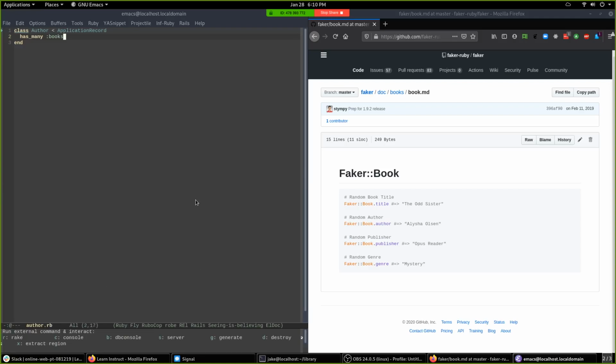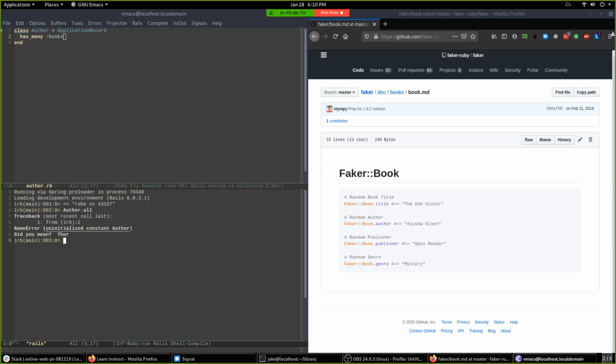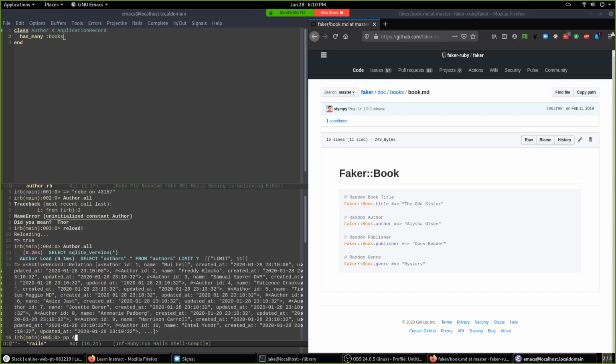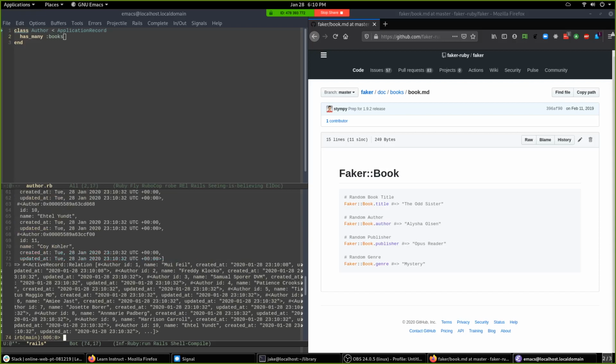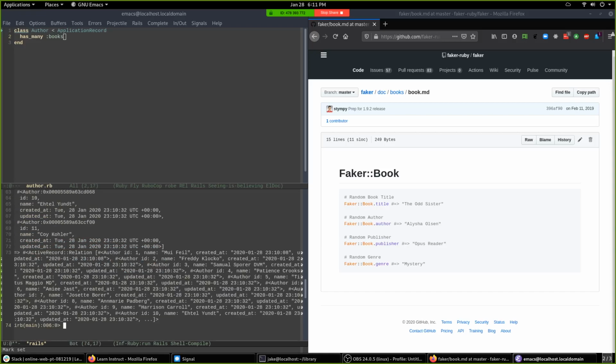Just to make sure, let's see if we can go into the console. And we should be able to say Author.all. Load. Okay, so we'll pretty print Author.all. And you can see we've got a whole bunch of authors in there. And then we should be able to say pretty print